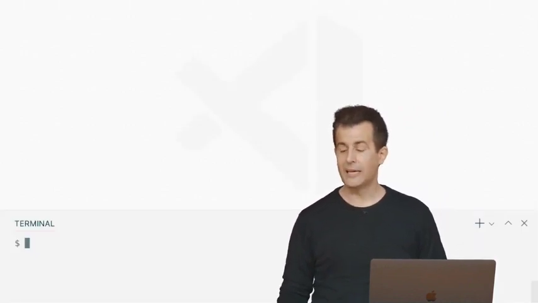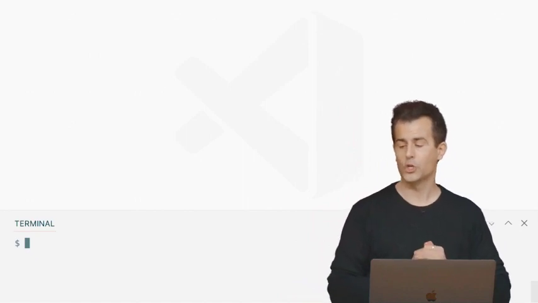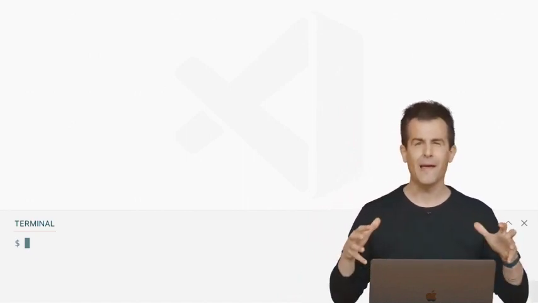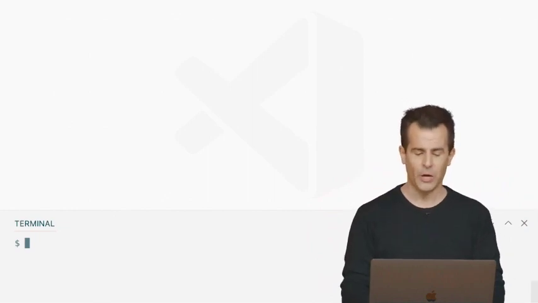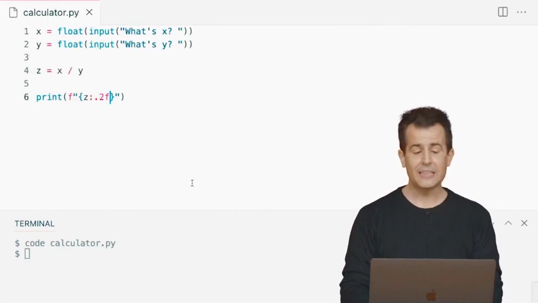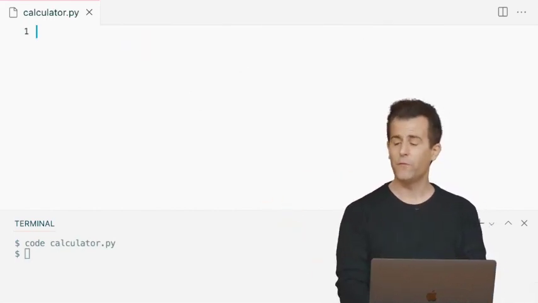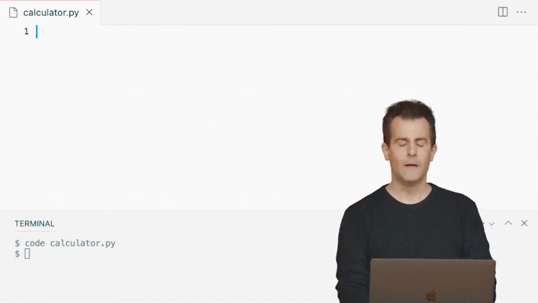In fact, let me go back to VS Code here, and I think we'll return our attention to calculator.py and see if we can't implement one other version of calculator.py that actually has our own function that even returns a value. So I'm going to go ahead and open up calculator.py. And I think this time I'm going to throw everything away as before. And I'm just going to start practicing what we're preaching here.